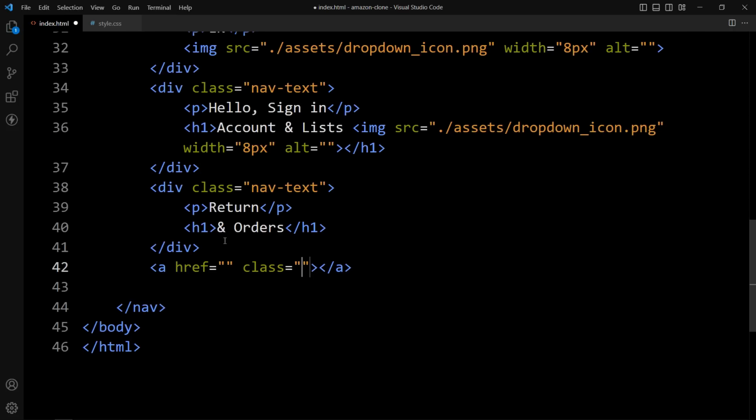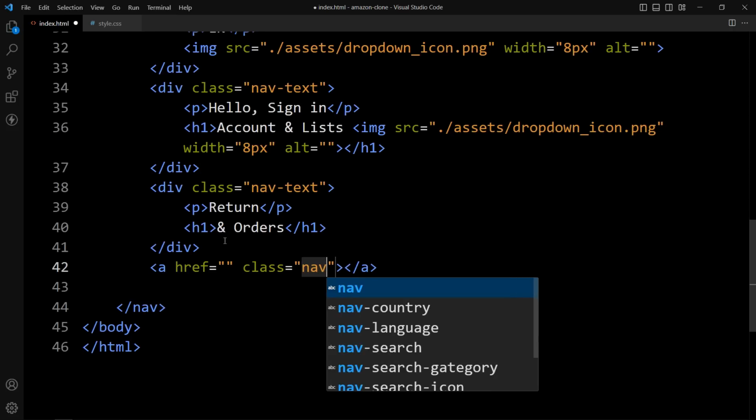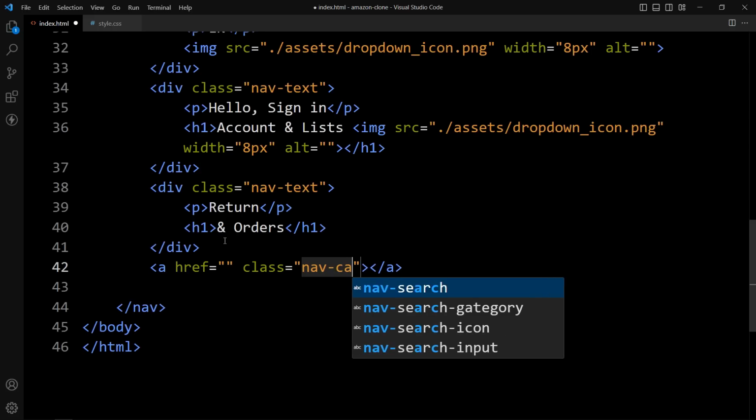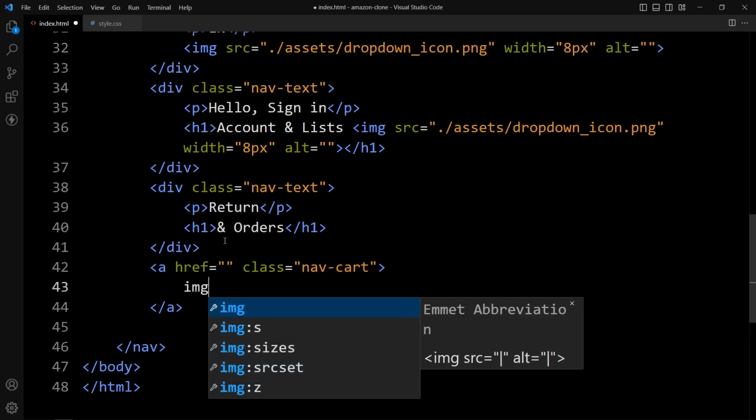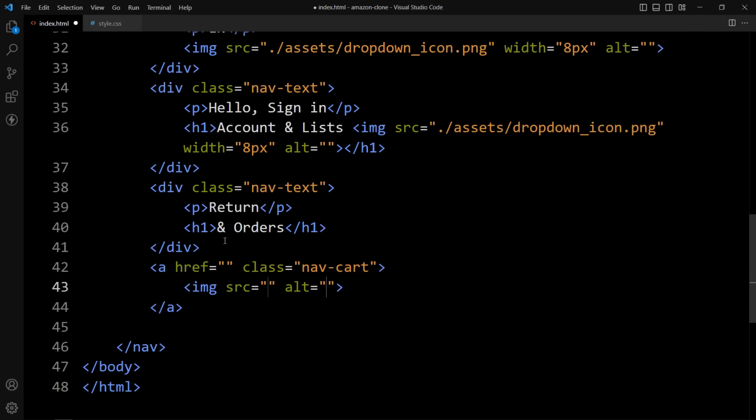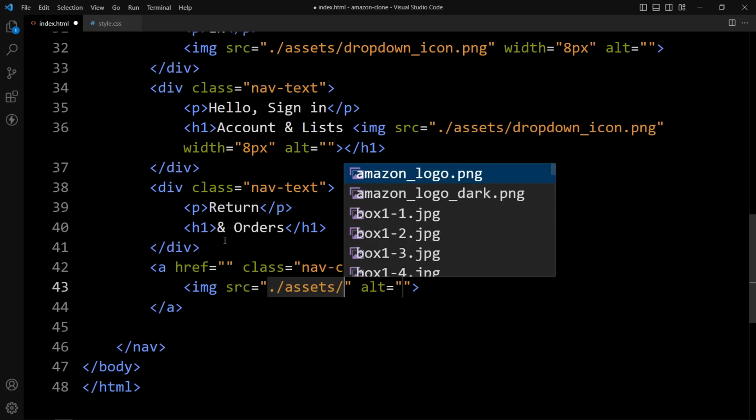So the class name will be nav cart, and in this one we will add the img tag, and in this image we will add the file path of the image. So it is in the assets folder, then